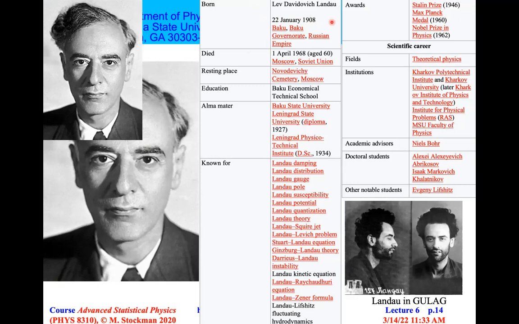Details of biography given next page. So he died in 1968 at the age of only 60. As I told you,